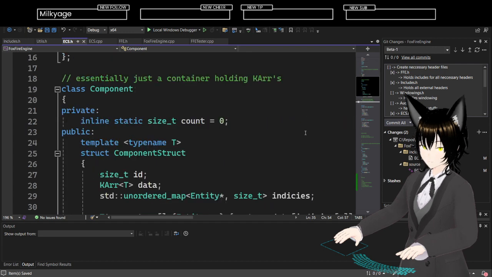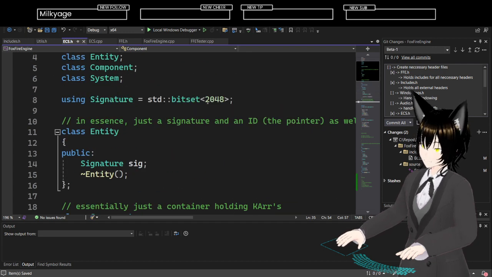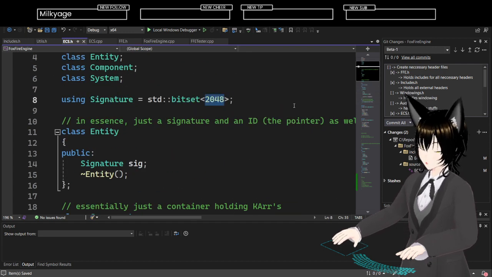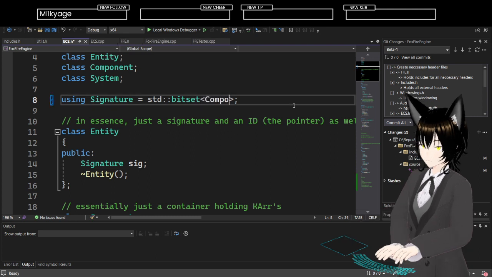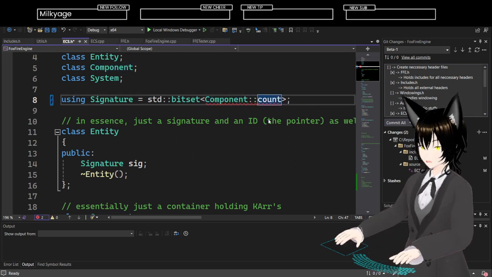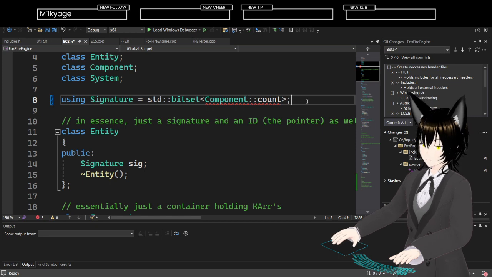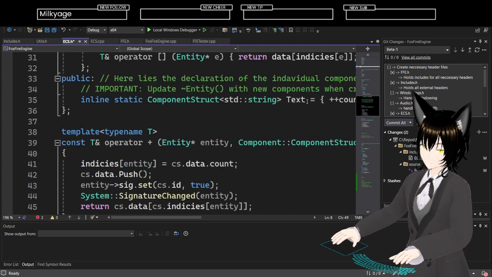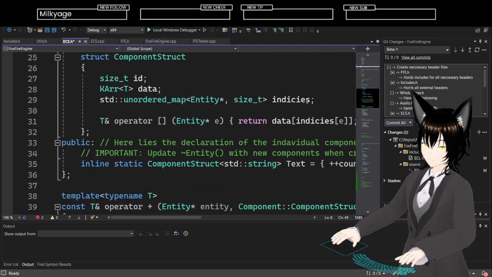Because it needs to be done at compile time. If I try and do component count, it's going to throw an error saying expression must have a constant value, and it's not constant.